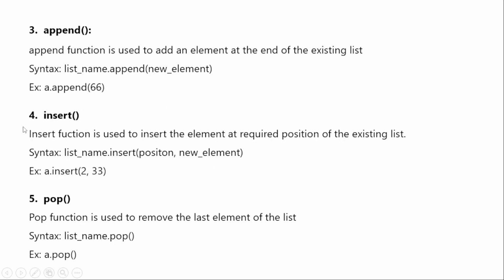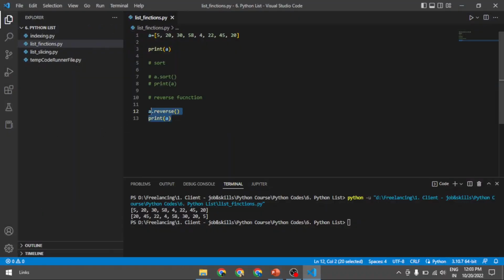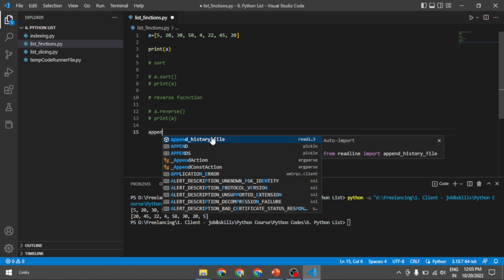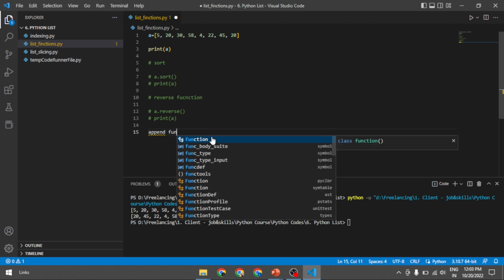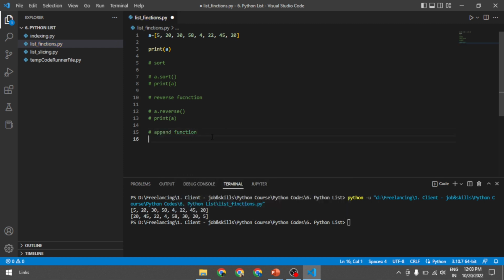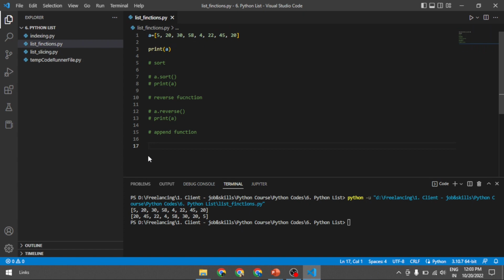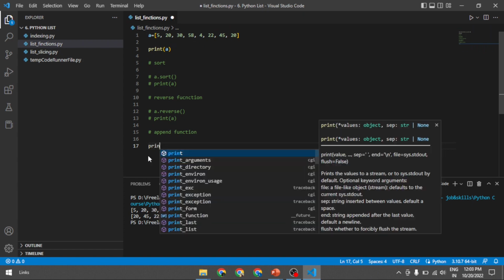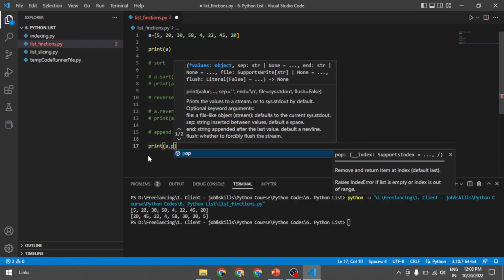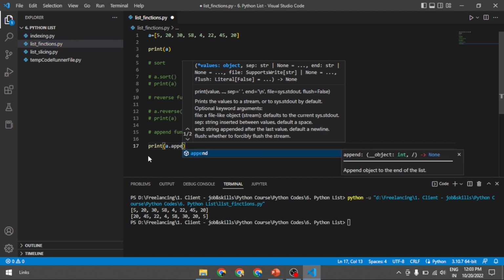Append function. Append function is used to add an element at the end of the existing list. So I will comment it out. Append function. For this, the syntax is list name dot append. Now I will print it. Print a dot append,